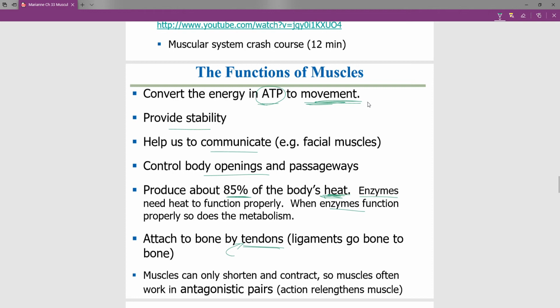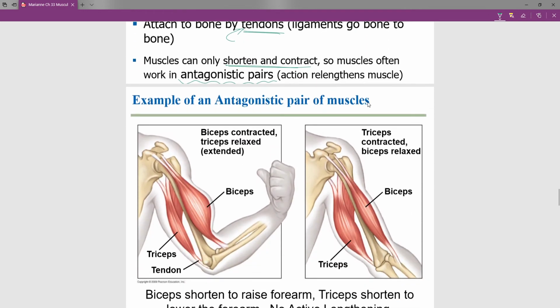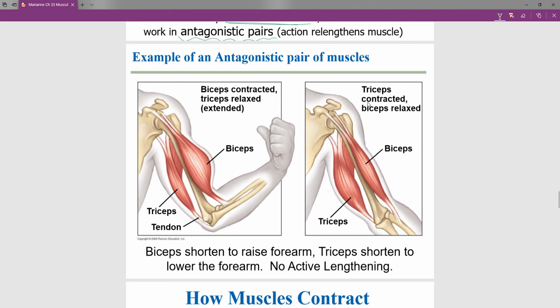The other thing about the muscles is that they can only actively shorten and contract. They don't actively get longer. So they can shorten, contract, or they can relax. And those are the only two options. And so the way your body is set up is that muscles work in antagonistic pairs. As an example, you have your bicep and your tricep. Well, one contracts while the other relaxes. And then to reverse the movement of your forearm, you would have the other one contract and the other one relax. And so it's this partnership, if you will, in your muscular system that we call antagonistic pairs